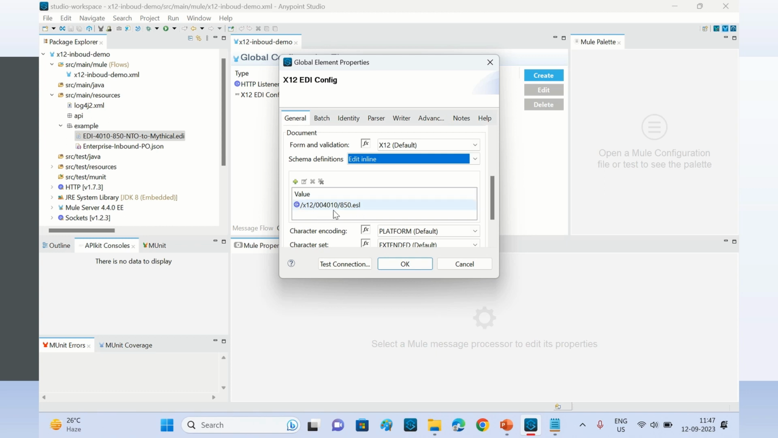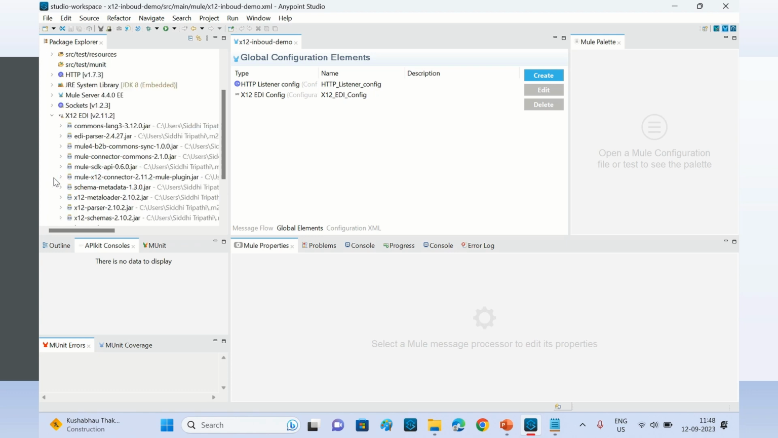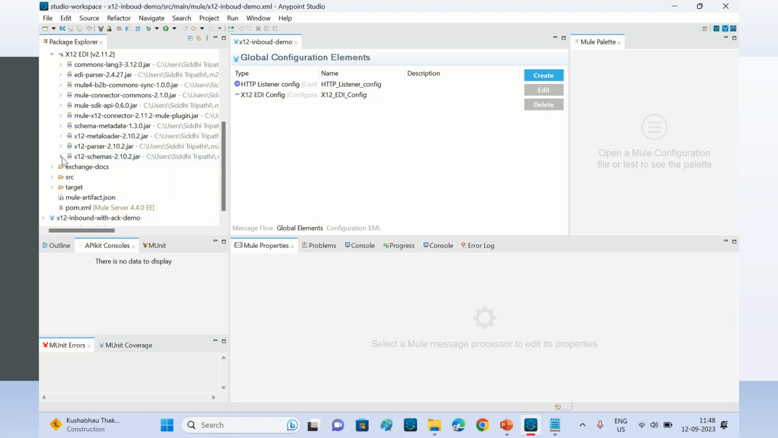Here I'm using a standard schema, but we can use a custom schema as well. If some partner has a custom schema, then we need to define the custom schema here. We can put that schema under src/main/resources in some schema folder, and then we can point to it here. But here I'm using a standard schema, and the standard schema we can find in a jar file. So we can go here, and then there is a schema file